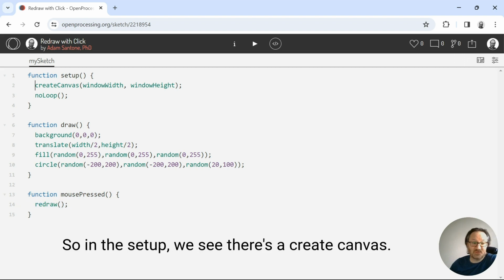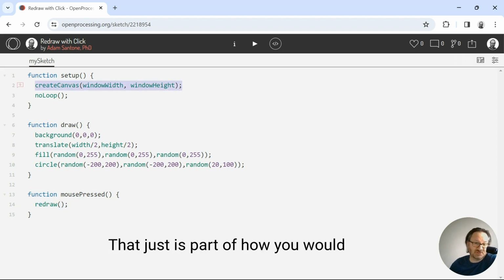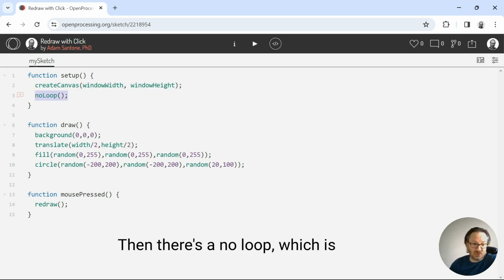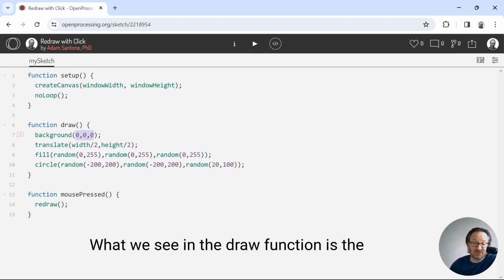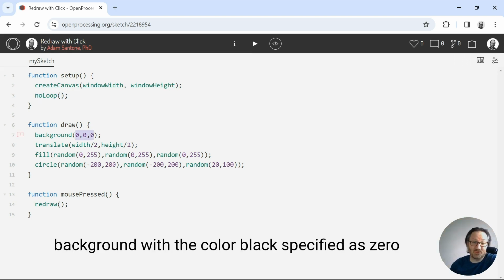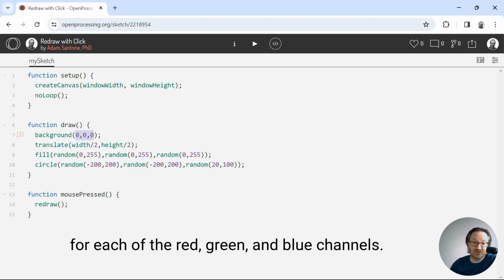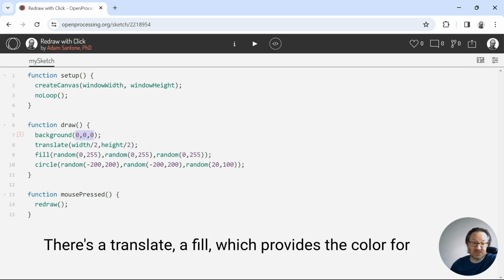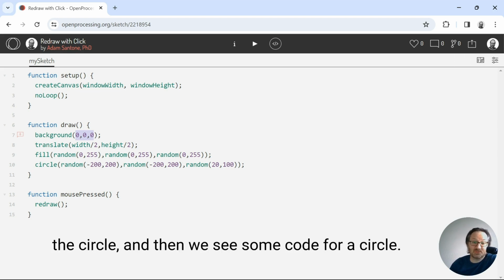So in the setup, we see there's a createCanvas. That just is part of how you would set the stage for your drawing. Then there's a noLoop, which is used as part of the refreshing. What we see in the draw function is the background with the color black specified as 0 for each of the red, green, and blue channels. There's a translate, a fill, which provides the color for the circle,